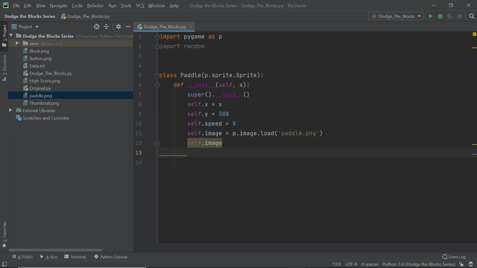So now we need a rectangle for the image, and the rectangle is pretty easy to get. You can also use circular collisions because the rectangle's only purpose is collisions, and we could either have a circle or a rectangle.